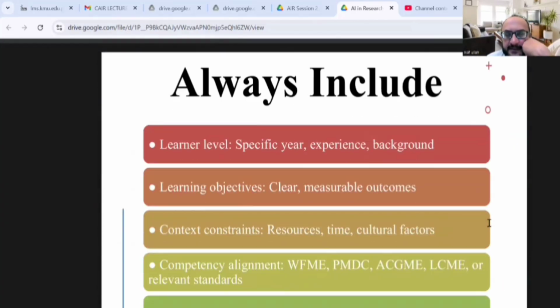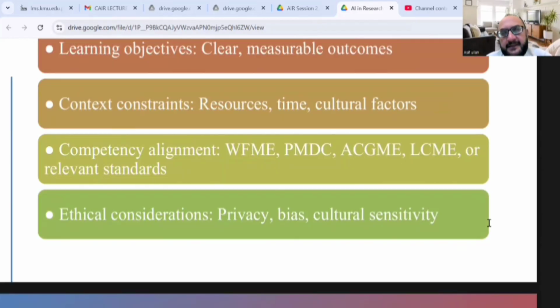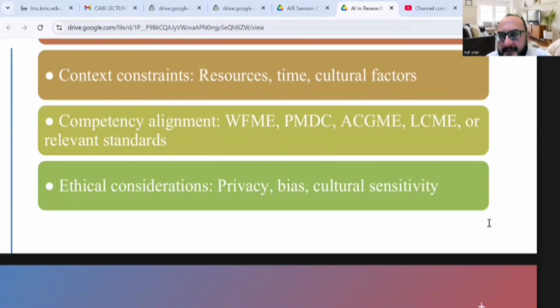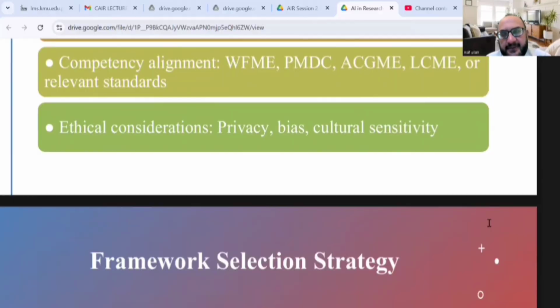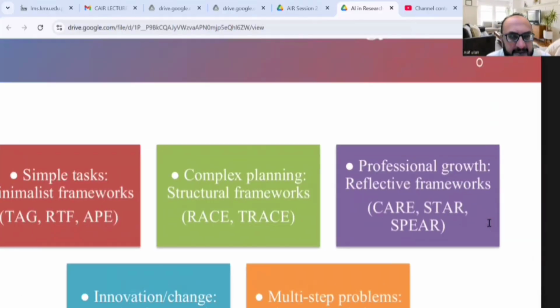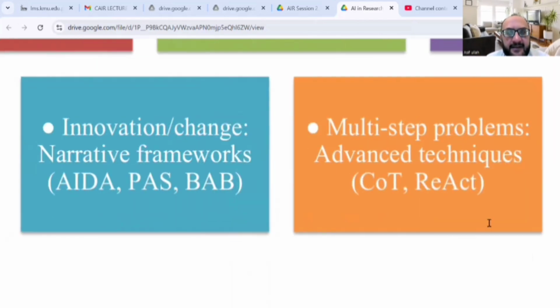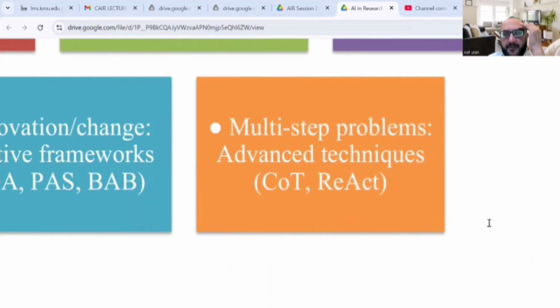Pro tips for medical education prompting: always include learner level, year, experience, background, learning objective, clear variable outcome, context, extent, resources, time, cultural factor, competency alignment, and relevant standards such as UFB, BFD, CACG, MEL, CME. Consider ethical considerations: privacy, bias, cultural sensitivity. Framework selection strategies: for simple tasks, minimalist frameworks like TAG, RTF, AP. For complex learning, structural frameworks like RACE, TRACE. For professional growth and effective frameworks, clear STAR, SPEAR. For innovation or change, narrative frameworks like AID, APS, and ability per step, problems. Advanced technique: content,